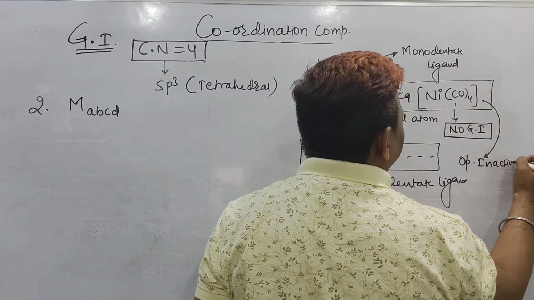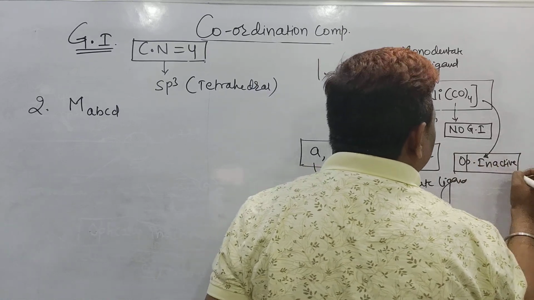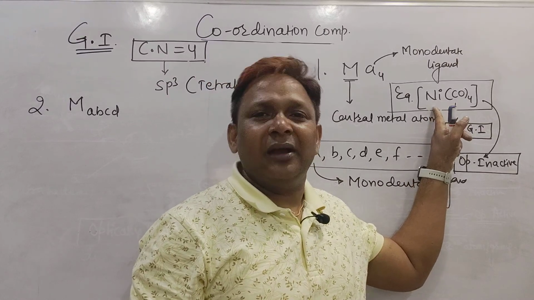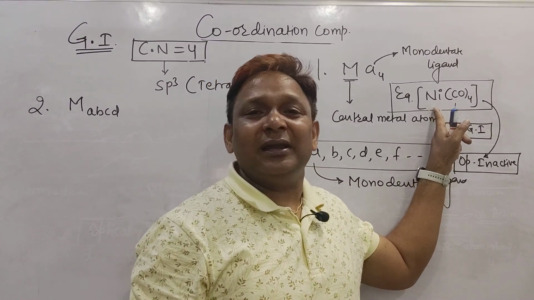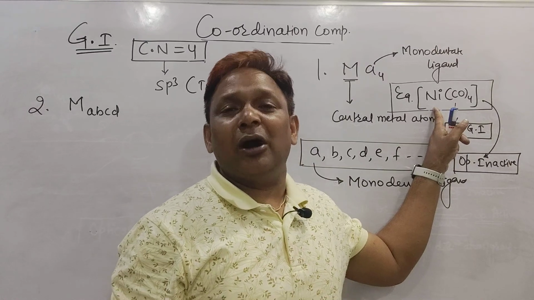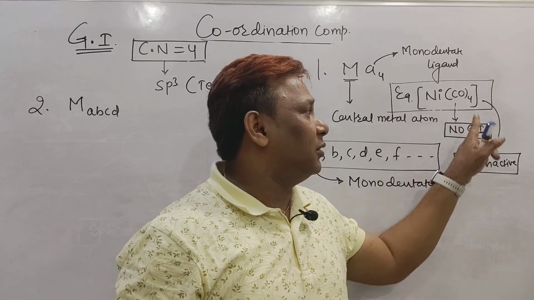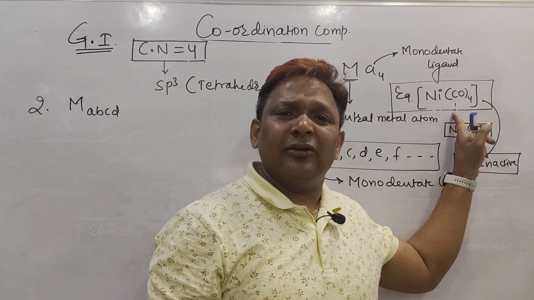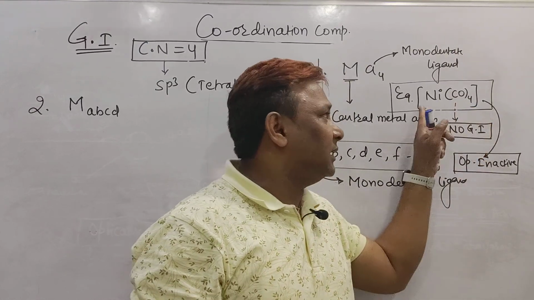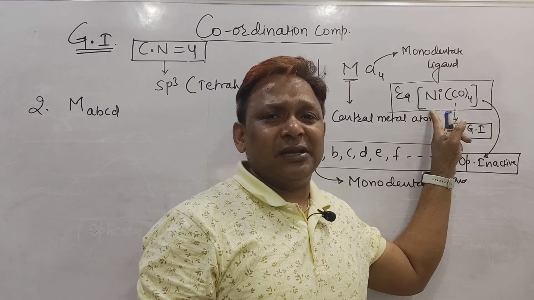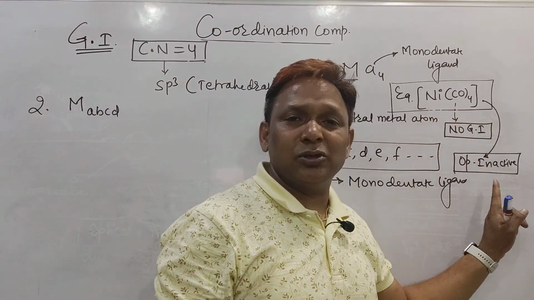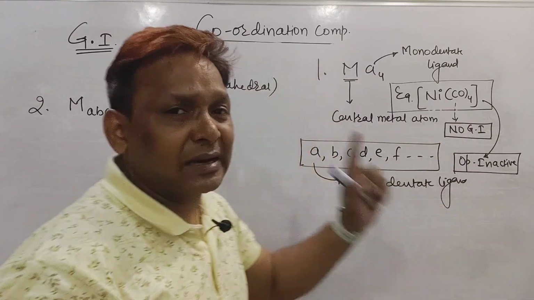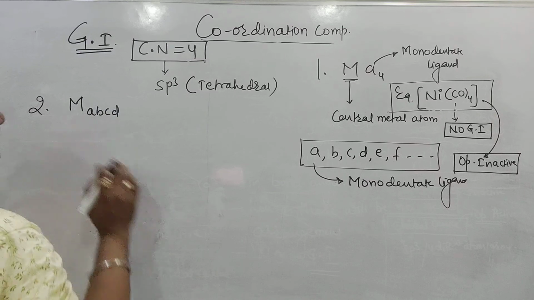Second point you have to say, this complex compound is optically inactive. If anybody asks how you know it is optically inactive, you have to say, in this one central atom Ni undergoes sp3, but it does not have a chiral center. How do you know it does not have a chiral center? Because we have four ligands and all 4 are the same ligand, hence it does not have a chiral center. As it does not have a chiral center, it does not show any optical activity, so this complex is optically inactive.